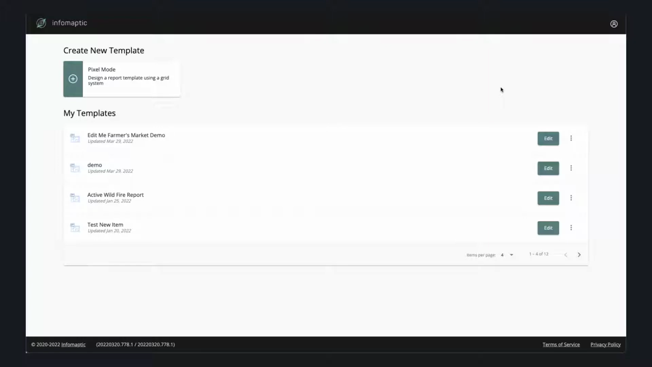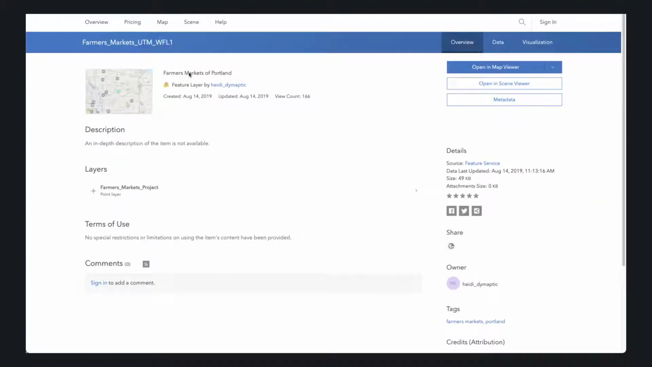Hi, everybody. My name is Christopher, and I'm going to walk you through creating a farmer's market flyer today using Infomaptic. We're going to use this data that I already have published in ArcGIS Online and create a flyer